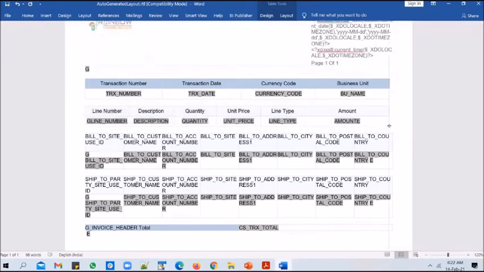So we can drag and drop, we can realign the columns a little bit. Okay, and you can generate the output to see how it looks.